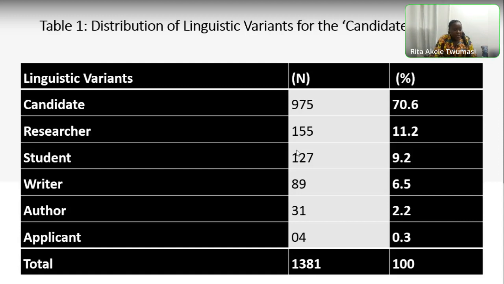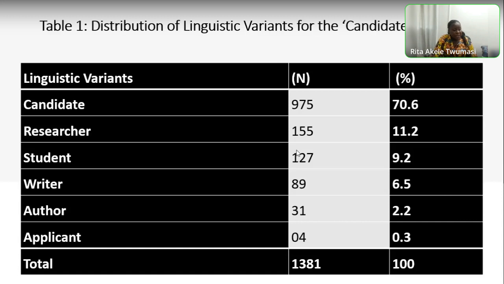This finding is not surprising since a candidate is someone who is being examined or someone seeking to enter the degree. Again, candidate is what is mostly used in the literature. If you consider works like Hyland et al. 2004 A and B, and then Hyland et al. 2007, we can also make mention of works like Kumar and Stracke 2009, Kumar and Stracke 2011, Starfield et al. 2015, 2017, and then Stracke and Kumar 2010.